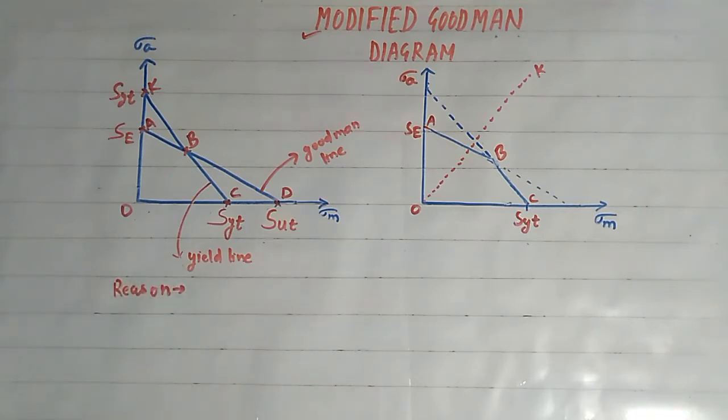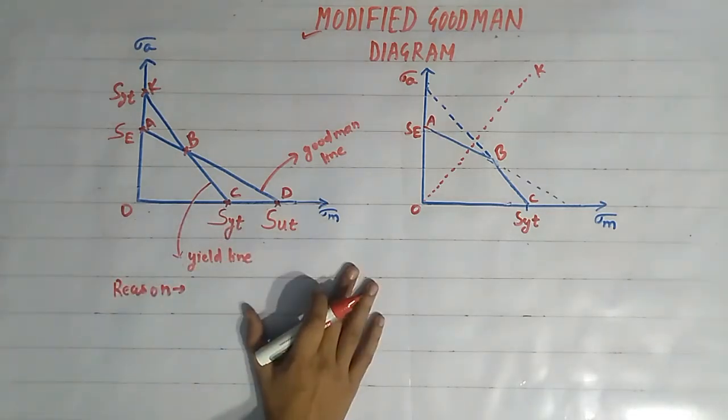Goodman diagram is unsafe to use because there lies a small region in Goodman diagram which is vulnerable to failure. So when we remove that small vulnerable portion of Goodman diagram, the diagram obtained is called modified Goodman diagram. Hence, that modified Goodman diagram is used for design of components on the basis of fluctuating loading conditions.